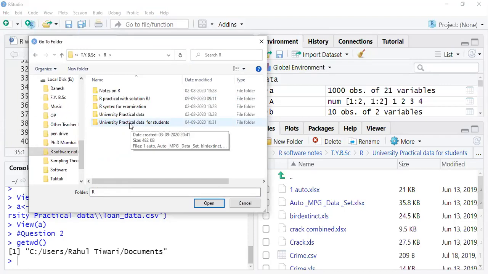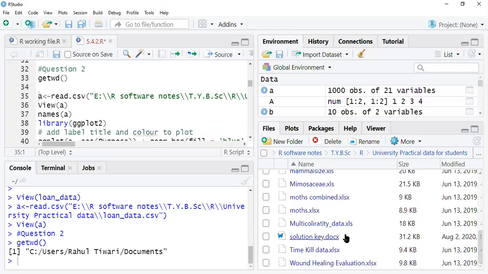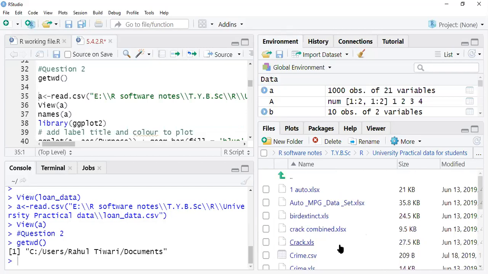So you can just click this, and don't open it, just click this and open. Once you click and open, automatically all files will come here, means you can see all the files. Then, this is the way you can access the file.